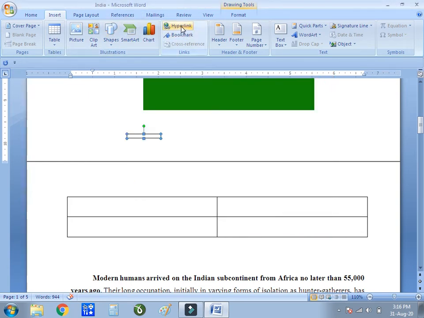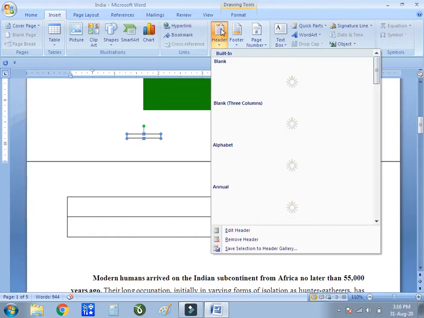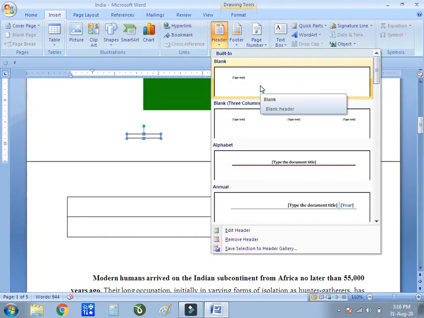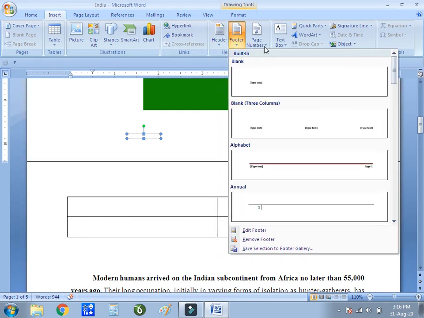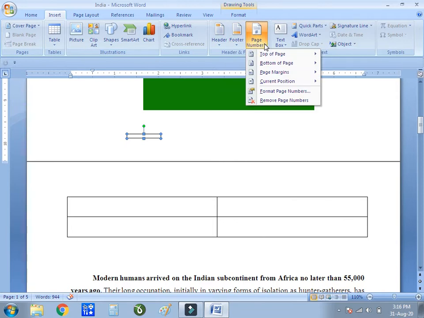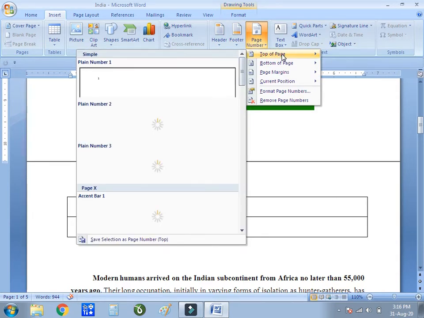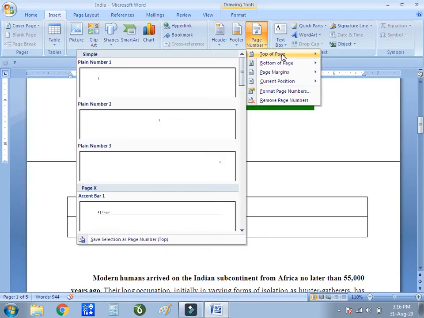Then you can add some kind of hyperlink and bookmarks through this link option available in insert. Then you can add header and footer to your file using this insert option. So these are the different patterns given by default. Then footer patterns are also available. Now if I want to add the page number to my file, I have to select whether I have to add that page number on the top of the side, middle, or whatever the alignments are given, you have to choose by your own.